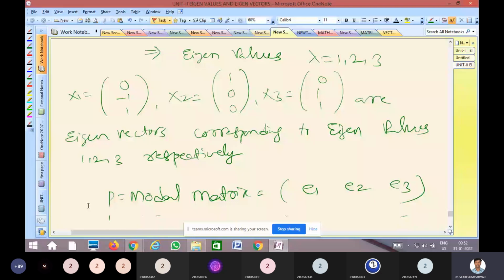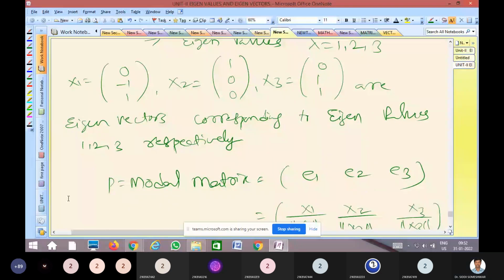Here you can note that point. H1, H2, H3 are mutually